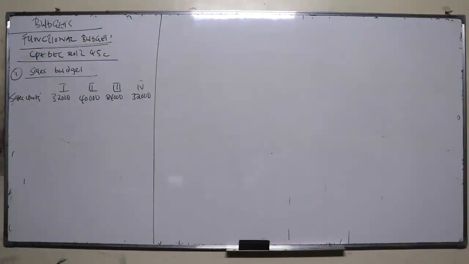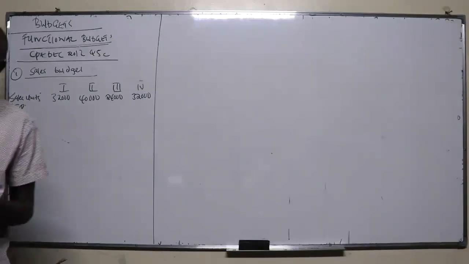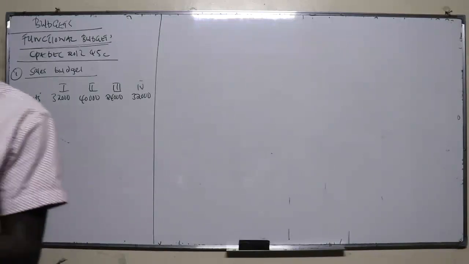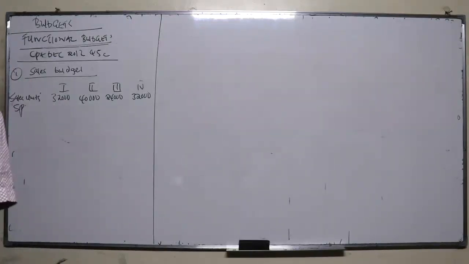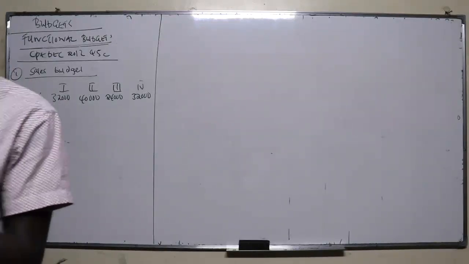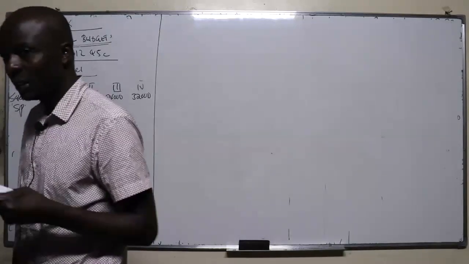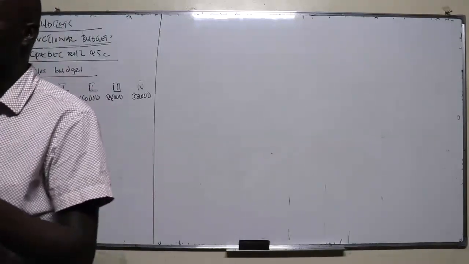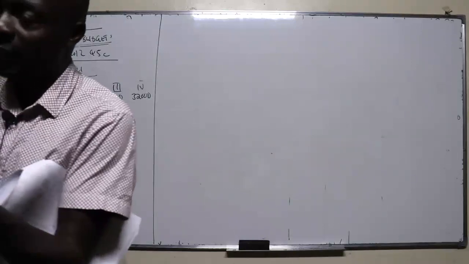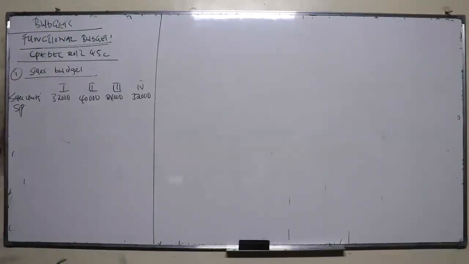And then the selling price per unit. SP stands for selling price. That is note number 7. As from 1st July 2013, the selling price per unit is expected to increase by 10% from the current price. A quarter has 3 months, isn't it? So these are the 4 quarters in a year. The first quarter will be January, February, and March. Then April, May, and June.